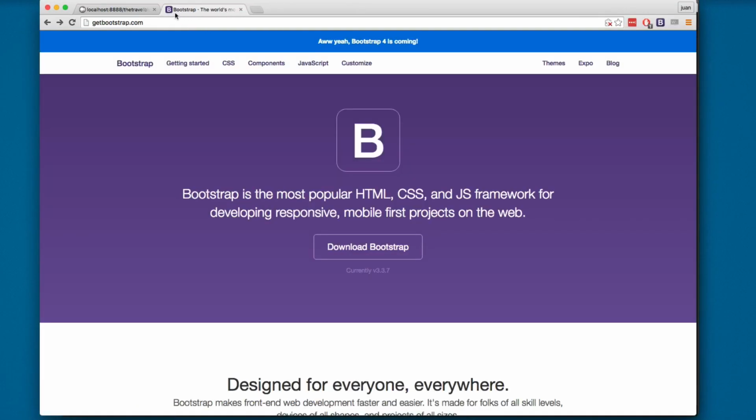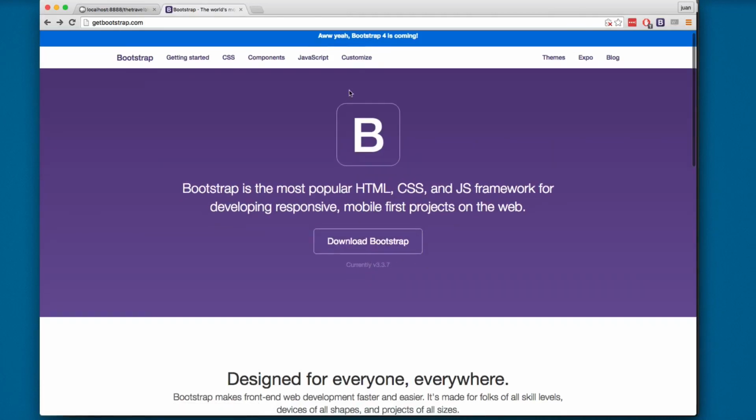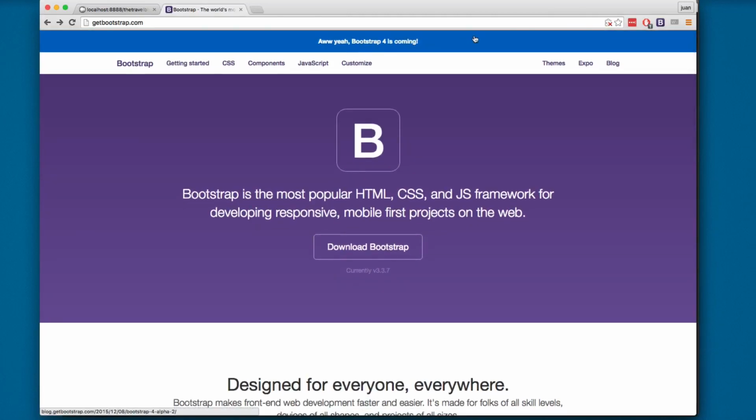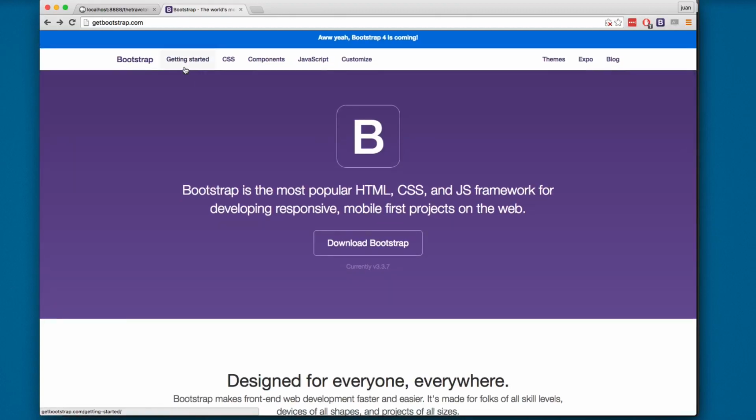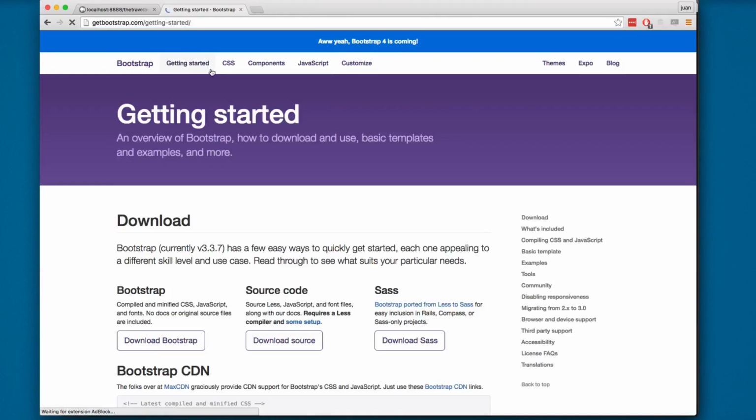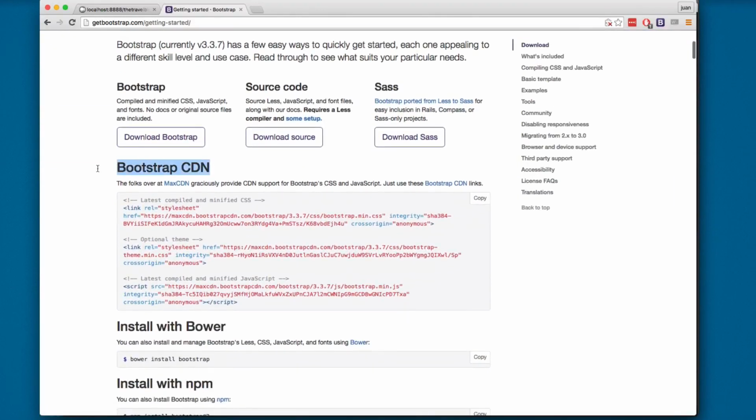I'm gonna close this. Here we have Bootstrap, and we're gonna be using version 3. Version 4 hasn't come yet, but when it does, we're gonna update the video, so you don't have to worry. You can add Bootstrap by clicking here on getting started, and I'm gonna scroll a little bit. You will find the Bootstrap CDN, and one of the cool things about using a CDN is that if someone else is using this CDN and they visit your site, this copy is already on their computer, so your website is gonna load faster. So I'm gonna copy this,